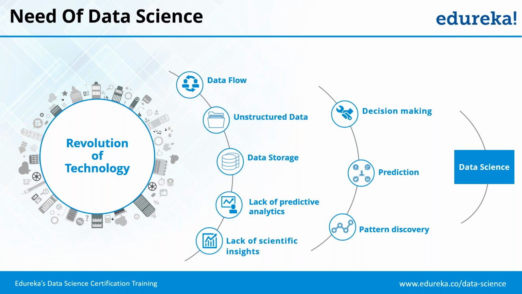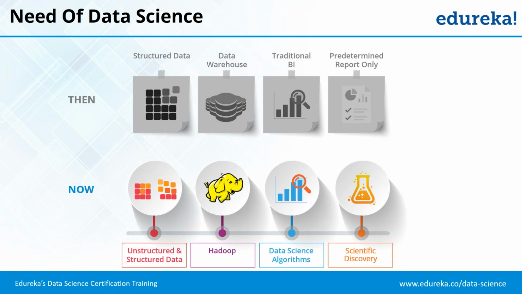So still continuing on the need for data science, what we had earlier was structured data stored in the form of databases, like our RDBMS such as Oracle or MySQL, that were used to store structured data. When the data grew a little bigger, we started using data warehouses, where we had a concept of storing historical data and transactional data separately. Whereas the transactional data was stored in our databases, we had a large pool of databases which we called a data warehouse, where we used to store all our historical data.